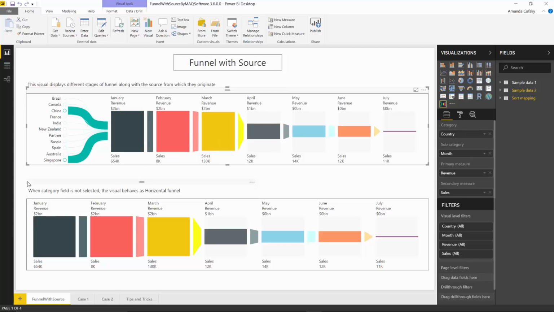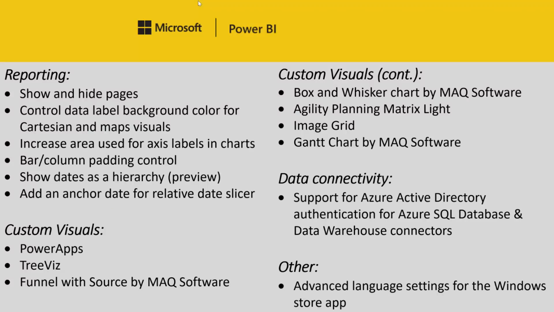So if you have, for example, sales data and you want to see it travel through the different stages of a typical sale, from whenever it's in this early sales stage when it's still just a concept, going all the way through to whenever the actual purchase happens. Another visual by Mock Software, their Box and Whisker Chart, is a really good chart